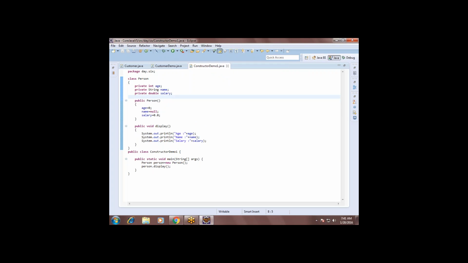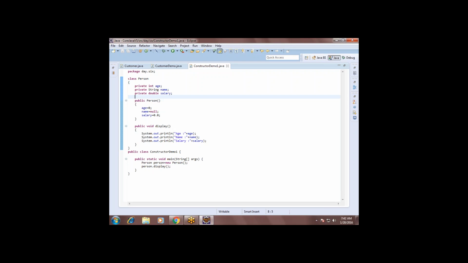Understand? So that's why the name of this constructor is default constructor, automatically created by the compiler. The constructor which is created by the compiler is called the default constructor.